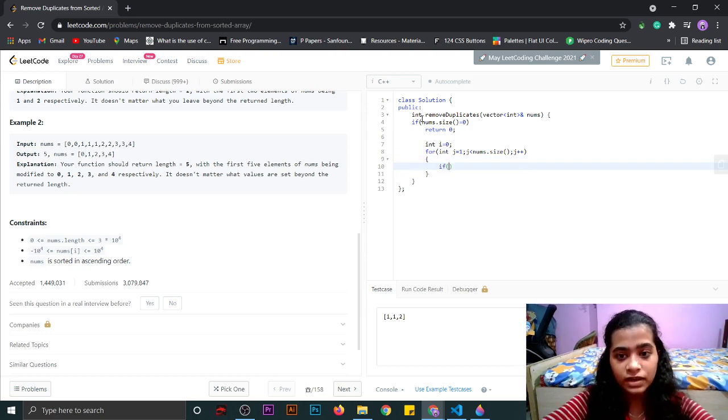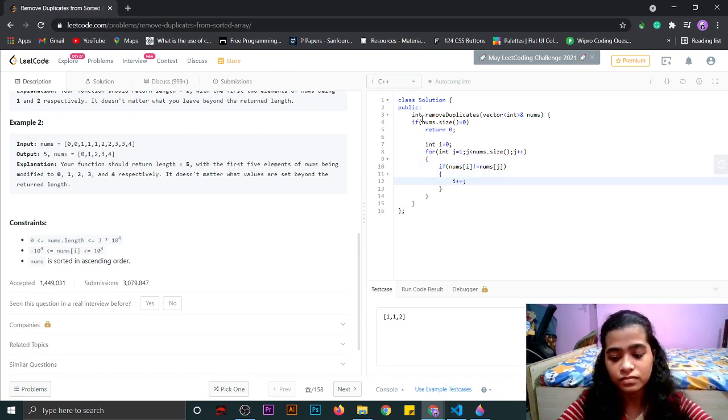And now we will compare: if nums of i is not equal to nums of j, then we will increment i and copy the value of nums of j into nums of i.